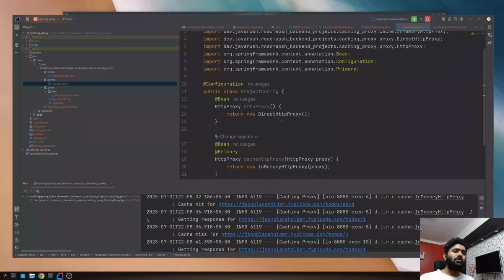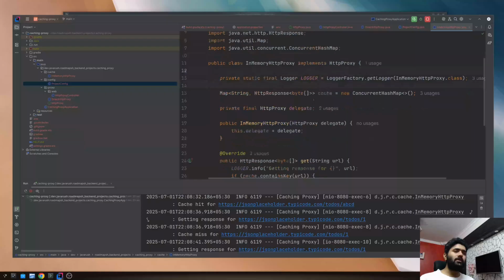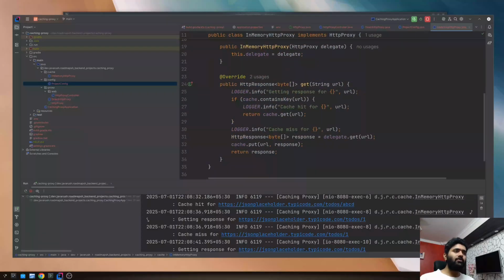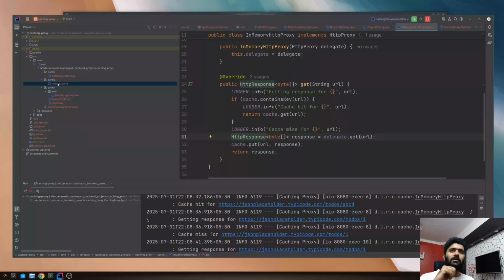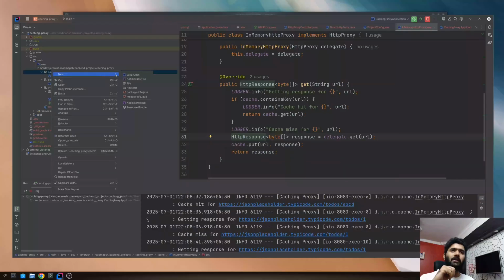Here, what you might want to do is try to modify the headers in this response, but that will not work because this is immutable. What you need to do is create another class which implements HTTP response. We will do that. So in this case, I will create a new